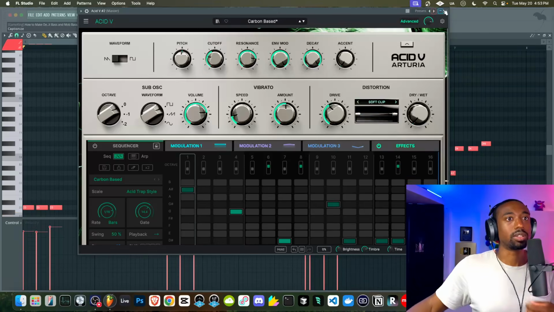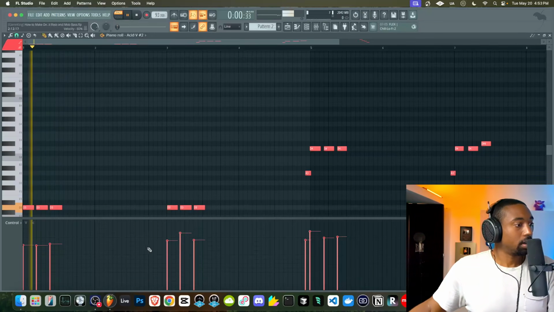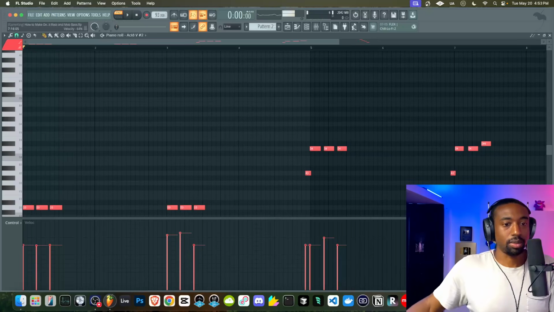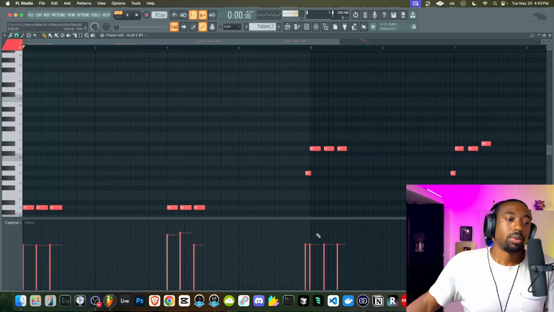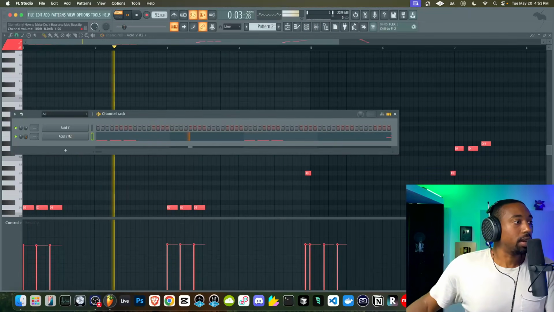Oh, I see why. If you hit a certain velocity, it plays a mute. Okay. So I played these notes too hard. So this is kind of different. I've never seen it being used this way. Long story short, we're just going to lower the velocity so that it has that long decay curvature that you guys hear.